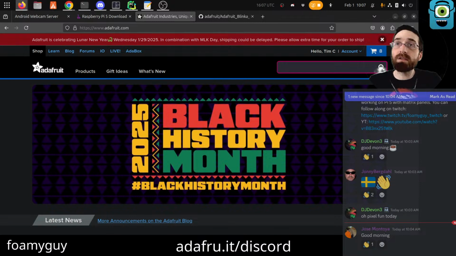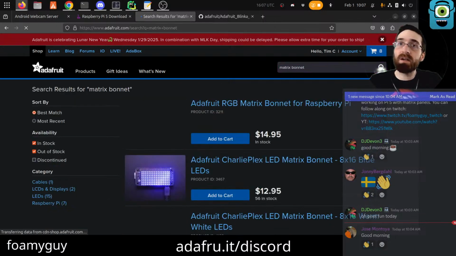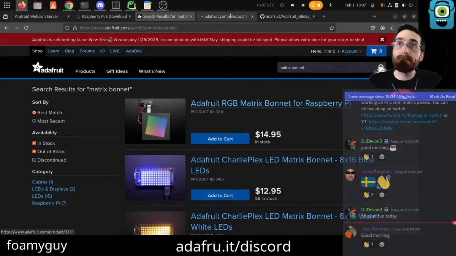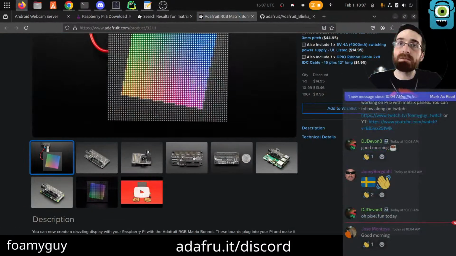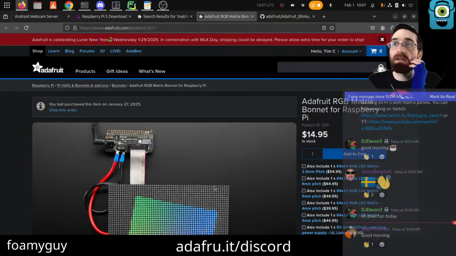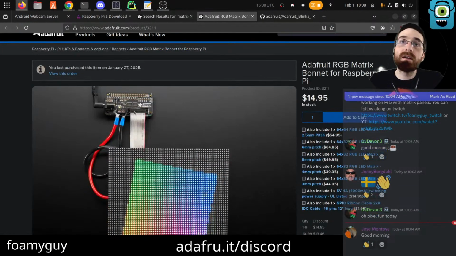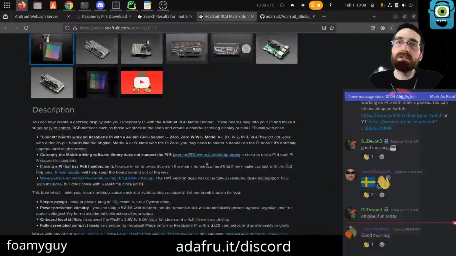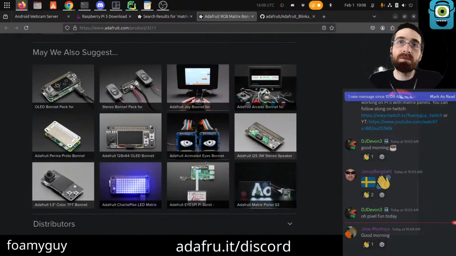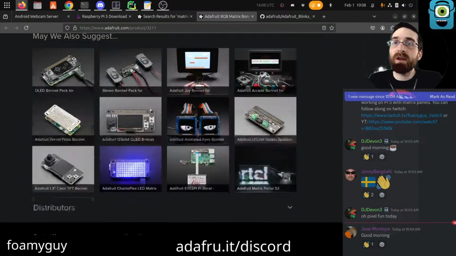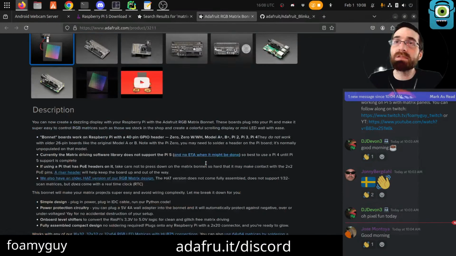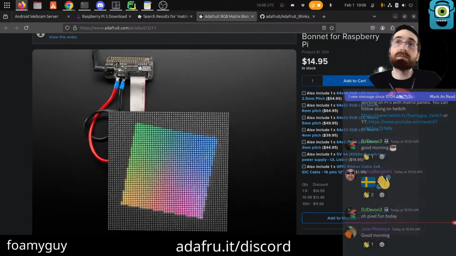Today, like I said, we're on the Raspberry Pi 5, and I'll give you a really quick rundown of what's set up. There's a Matrix bonnet. Is that the one I have right now? Yes, this is what's hooked up right now. Matrix bonnet, RGB matrix. There is a different one that's kind of the same or similar, Matrix shield, maybe? Hat? I don't know the difference between all the different names, but this is the one I'm using.